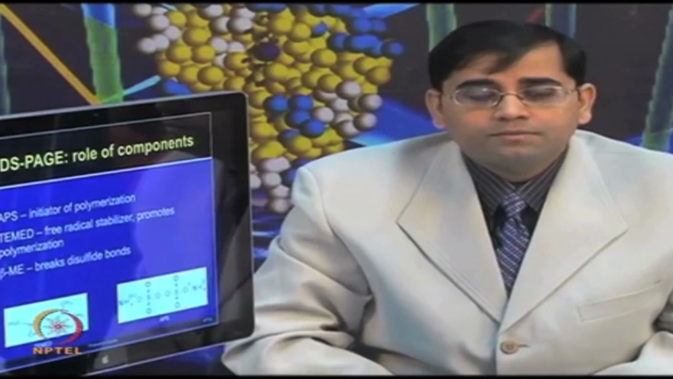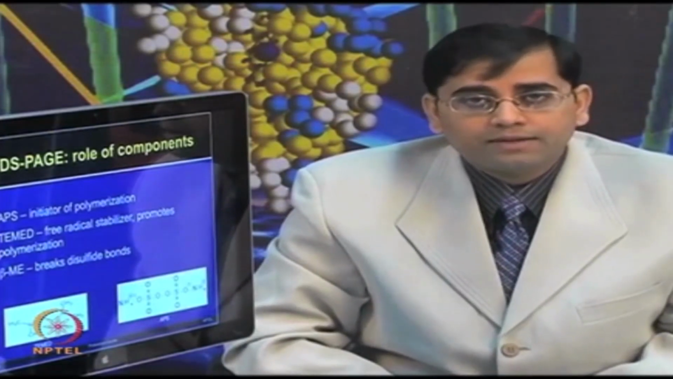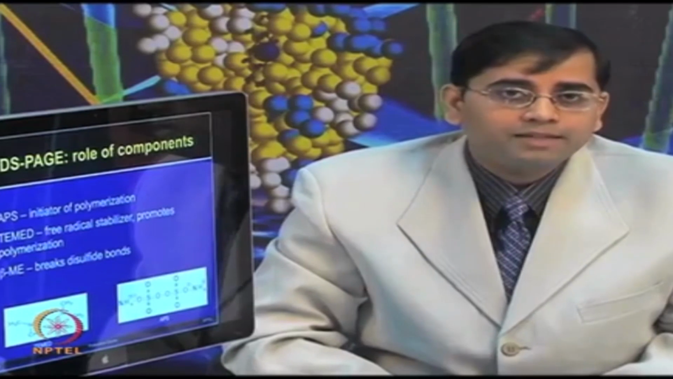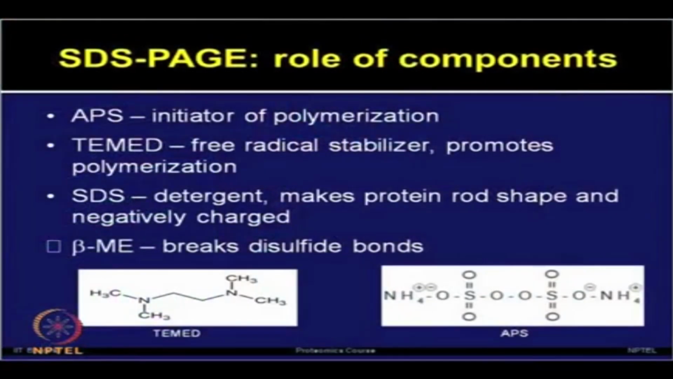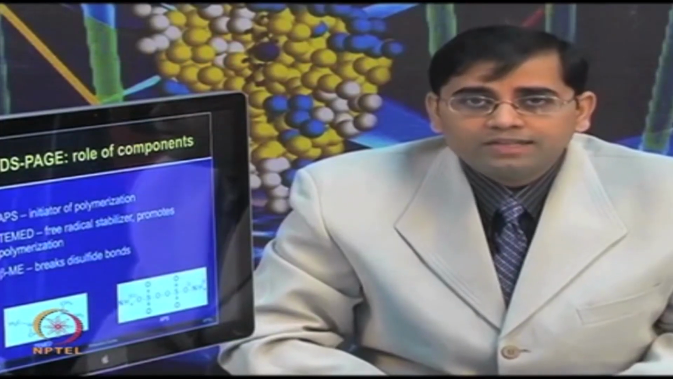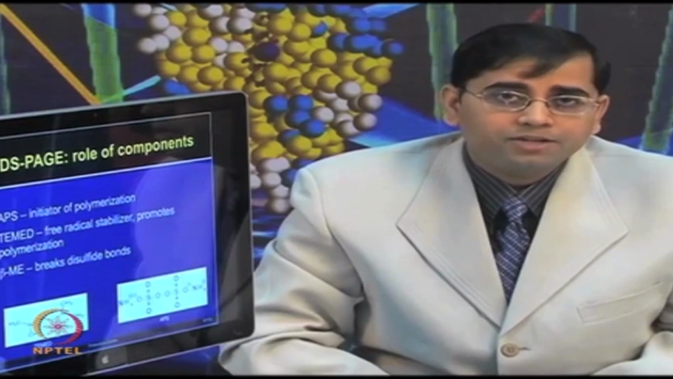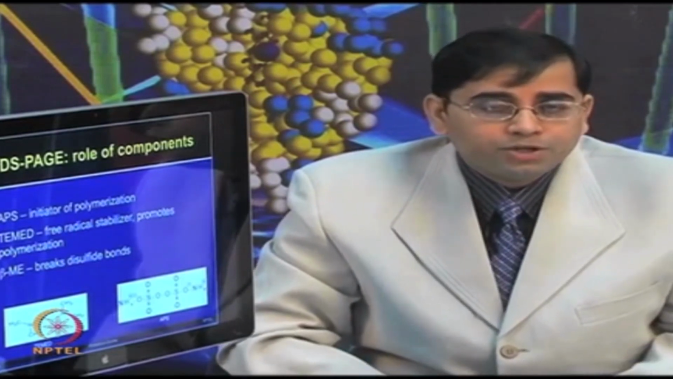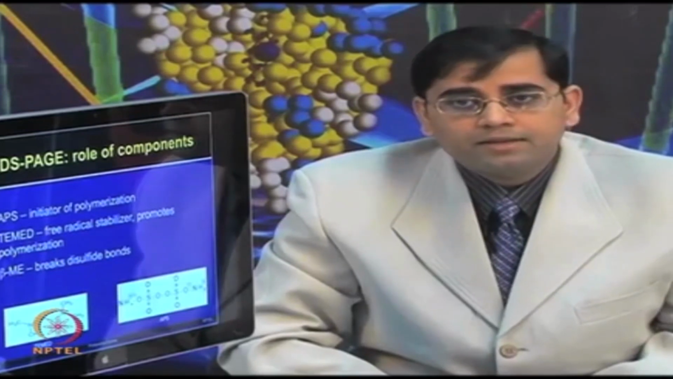which include APS or ammonium persulfate, which initiates the polymerization process. TEMED is a free radical stabilizer, and it also promotes the polymerization of the gel. Beta mercaptoethanol is not used in making the gel, but for your protein treatment to break the disulfide bonds. So, I hope you are at least able to understand the role of each of these components which are being used in SDS PAGE,